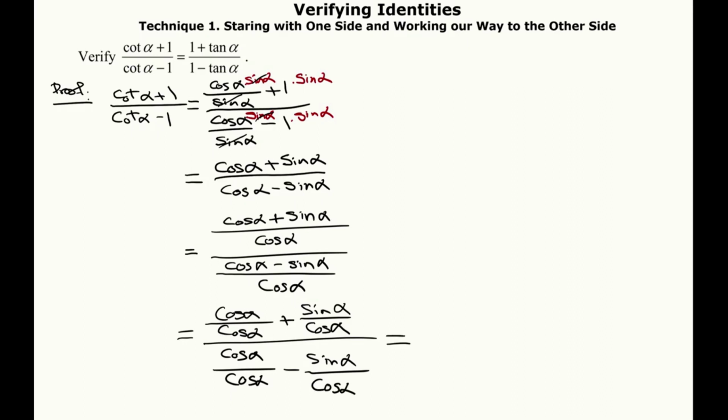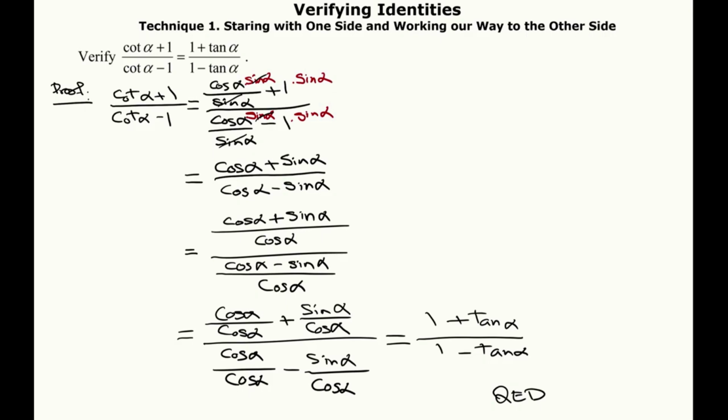And of course now we have 1 plus sine alpha over cosine alpha, and that's tangent of alpha. And downstairs we have 1 minus tan alpha, and that's basically what we were supposed to prove. So